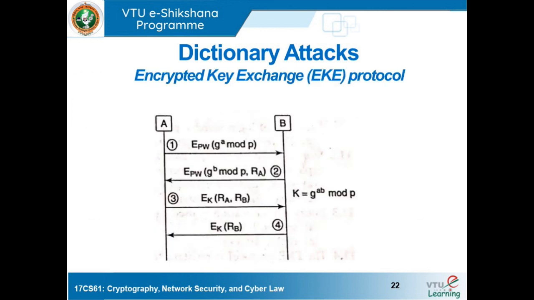Now let's look at this particular protocol diagram. Over here, let's say Alice and Bob are trying to communicate. Alice is sending her public key to B, so that B uses this public key to deduce the shared secret. Now what is Alice doing with the public key? She is encrypting that particular public key using the password that is shared between A and B. Now what does B do? B will also receive the information sent by Alice and send its public key, which is encrypted, and also along with that it will send a new challenge